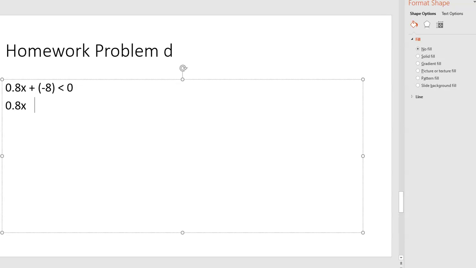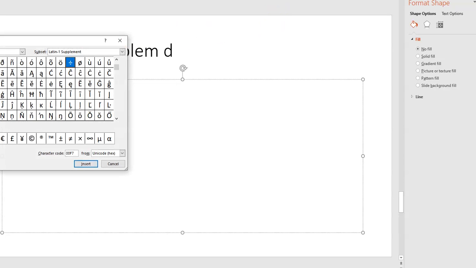0.8x. If we're adding a negative, the opposite of that would be to minus a negative, or some students will just say plus, because that's the same thing. So minus negative, which is the same thing as plusing 8, which gives me 0.8x equals 8. And then I'm going to divide